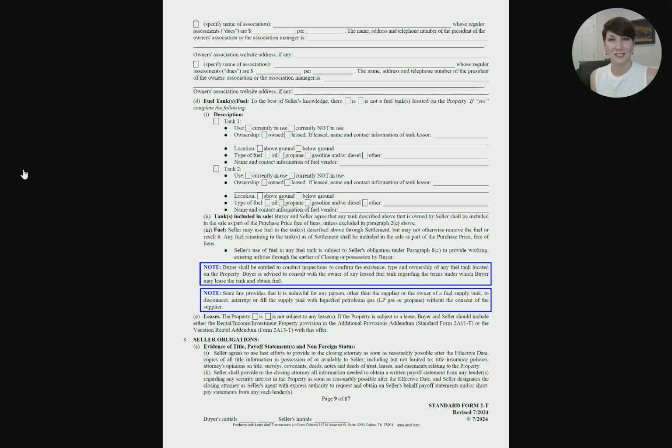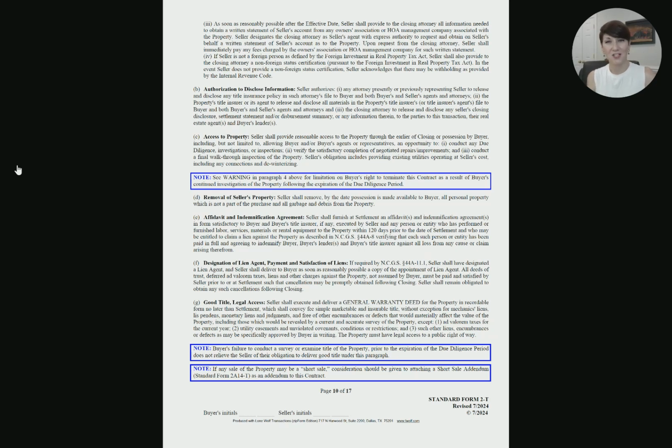Now we get into HOA fees and frequency and if there's CCRs. We don't see fuel tanks too often, but this is the section of the contract where we disclose it and discuss who owns the fuel at closing. There's a checkbox if the property is subject to any lease, and then we start to get into the seller